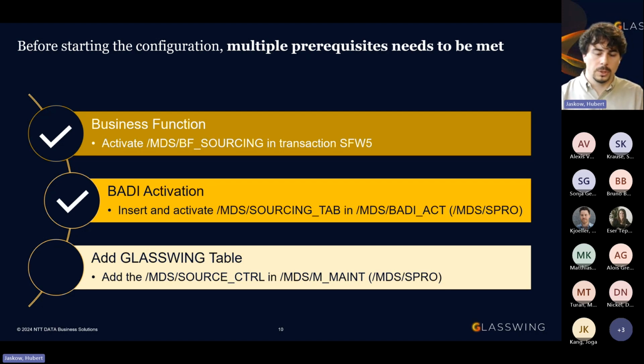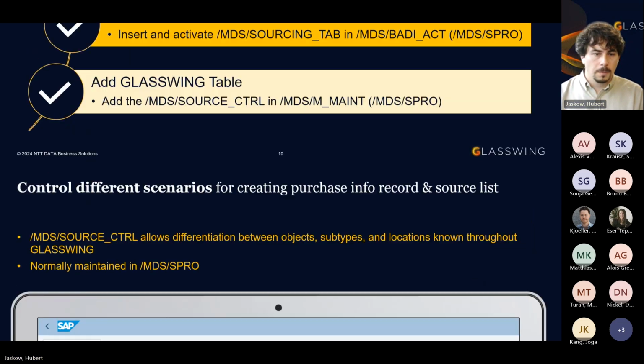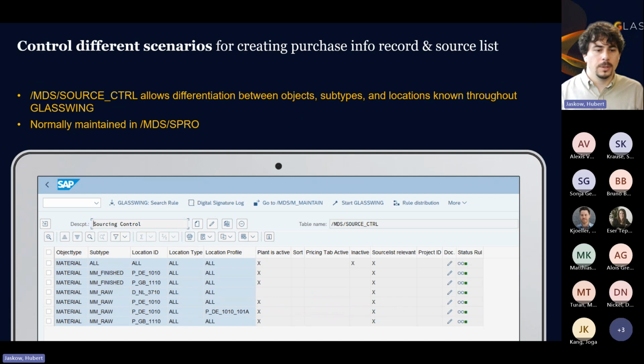and then you just add a couple of configuration tables, or simply use the ready-to-go package for maintain and SPRO configuration, because we have a couple more configuration tables where we control the sourcing solution. So how can we control it? We have this table now called sourcing control. What we can do is decide for which material types and which locations you want that solution to be active. So if we look here,